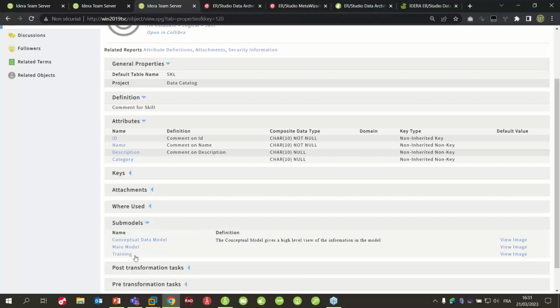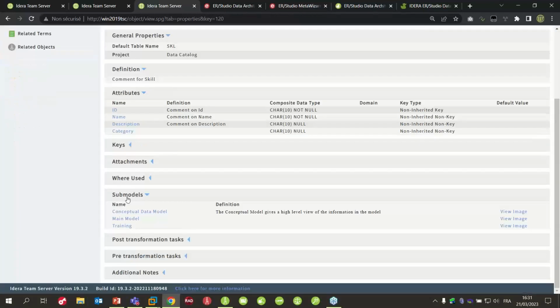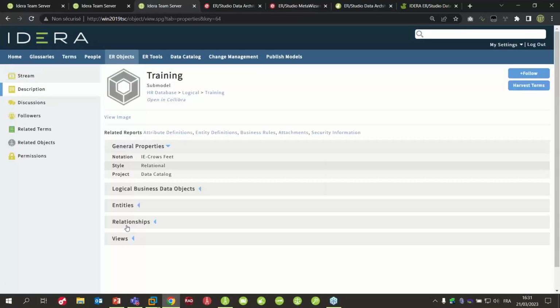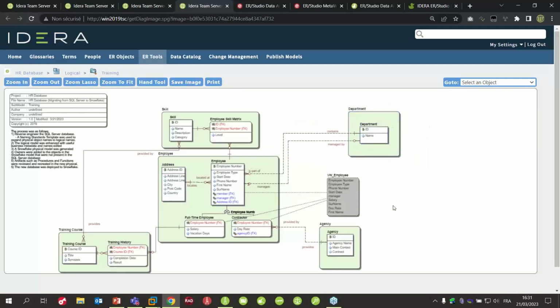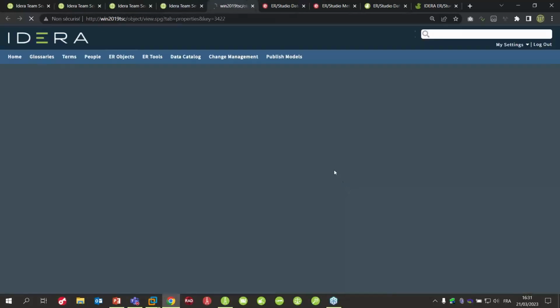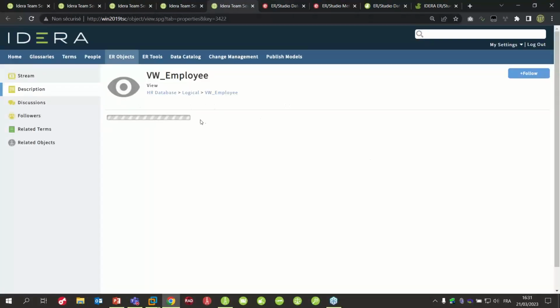And each time you will be able to click and navigate to the different objects. I can see where it is used. This entity is used in these different projects. I can navigate to my project. I can see this one, and each time you can. This is not an image. This is directly my model visible from here, and I can directly navigate to this view, for example, and